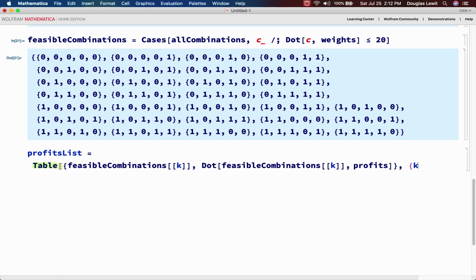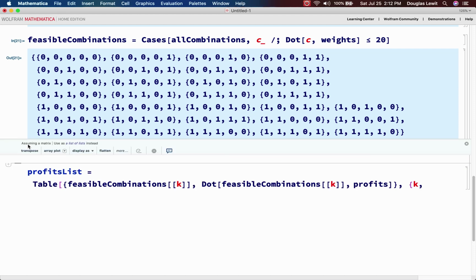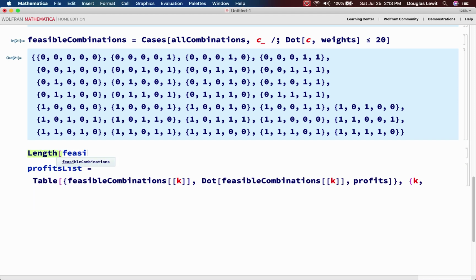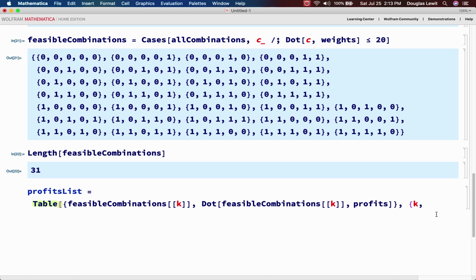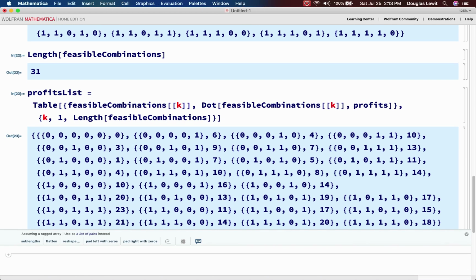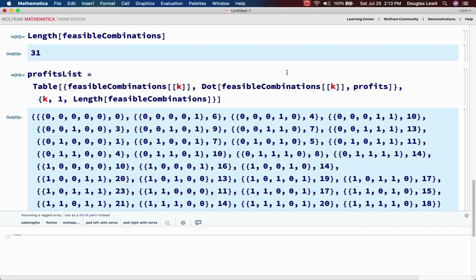And K ranges from, I believe, 1 to 31, but we're going to check that. What is the length of feasible combinations? That's 31. I could just type length of feasible combinations, and it's probably easier to just do that. Okay? So these are the combinations with